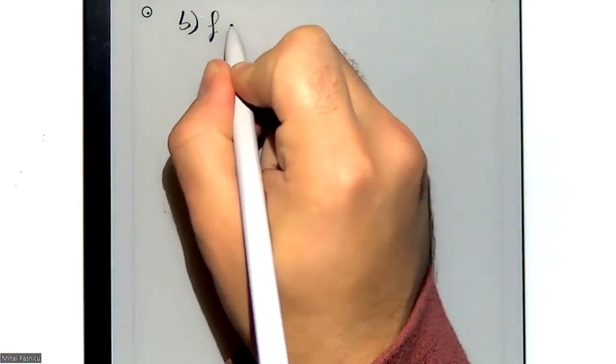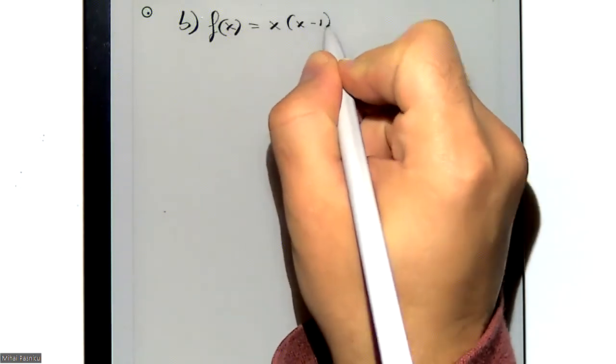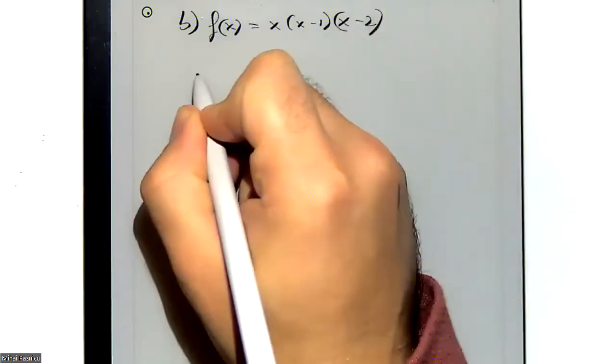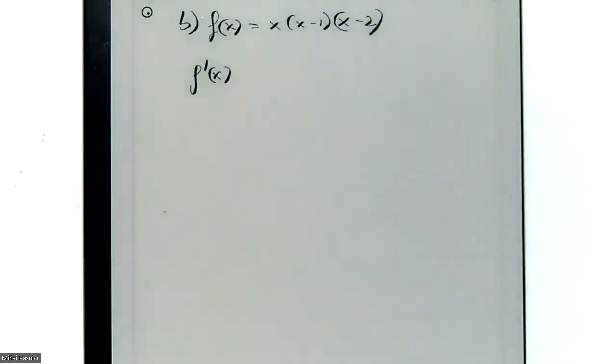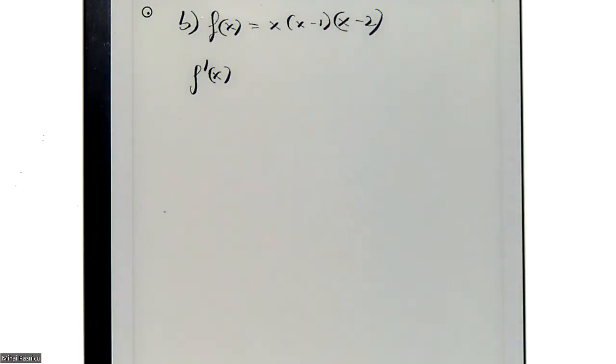So B, I have f of x is equal to x minus 1, x minus 2. Okay, we have to compute f derivative of x. Now, you can either use the chain rule or the product rule, I mean here, and just apply it several times,